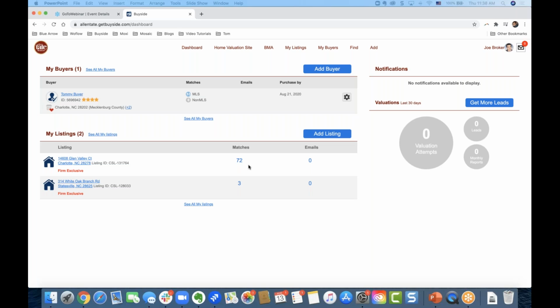So if somebody is nervous to put their listing on the MLS, they don't know if there's going to be too much interest, or if you just want to get this listing on the MLS before your photographer has sent you the photos, we can do that as well. So there's a lot of reasons that we would want to put it in here and start to get that process started, see that interest, get those matches, and start to work on that listing. Okay, so here's how we enter